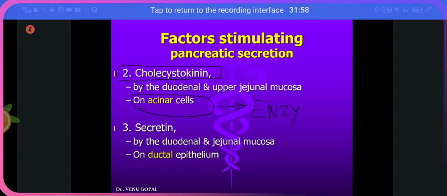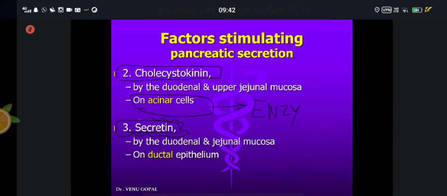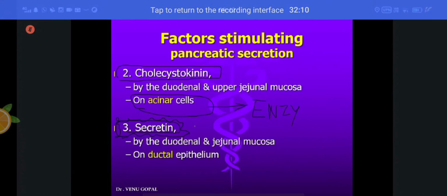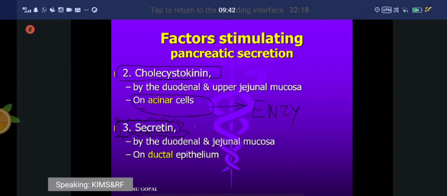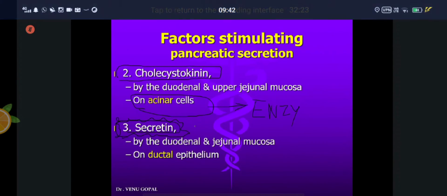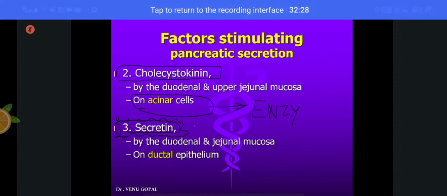Cholecystokinin, then secretin, the third and most important component. It has many functions. Don't think that it is going to act only on the pancreas. It will act on the liver. It will act on the stomach also. It has some functions related to secretion, some related to motility also. Secretin can be directly a 3-mark question. Cholecystokinin can be directly a 3-mark question. And this discussion will be revised again under the heading of gastrointestinal hormones, or GIT hormones, where all these hormones will be discussed again. My role is only to say where it is acting.